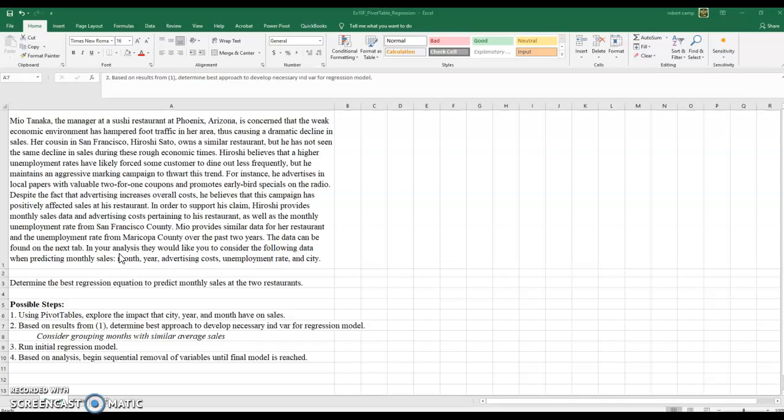In order to support this claim, Hiroshi provides monthly sales data and advertising costs pertaining to his restaurant, as well as monthly unemployment rates from San Francisco County. Mio provides similar data from her restaurant and the unemployment rate from Maricopa County over the past 2 years. The data can be found in the next tab. In your analysis, they'd like you to consider the following data when predicting monthly sales: month, year, advertising cost, unemployment rate, and city. So what we're going to do is determine the best regression equation to predict the monthly sales